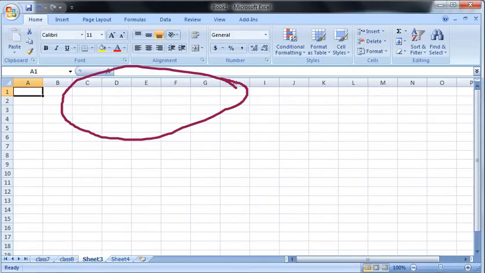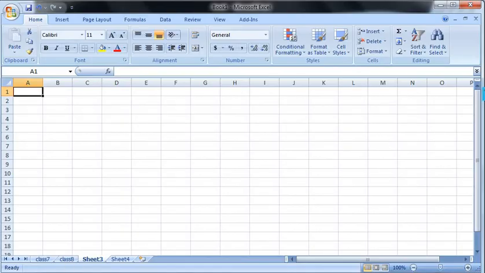Sorry, it is not clearly visible, but I am expecting that you have your book with you. So let's see how to change the color of the sheet tab. Okay, so you know what a sheet tab is. This is below, what we are saying, the sheet tab. We can switch between these tabs, we can rename these tabs. Now let me tell you how to change the color of this sheet tab.